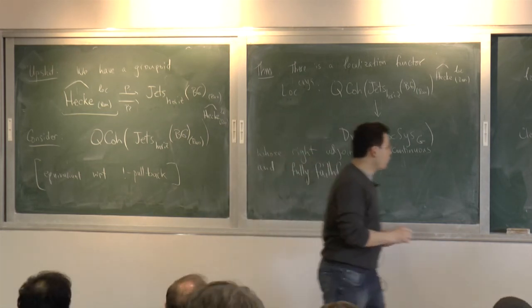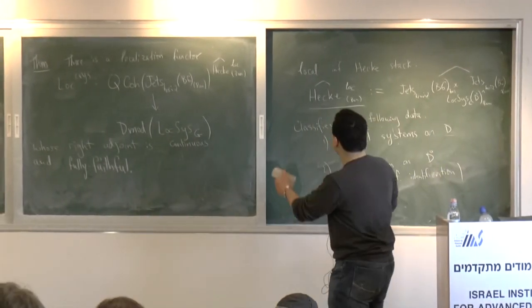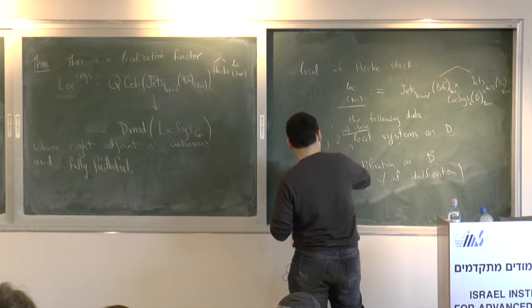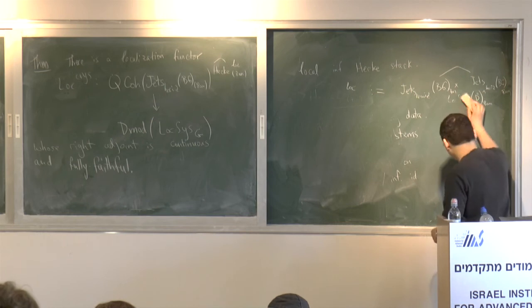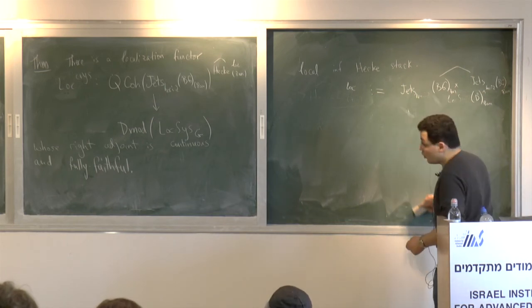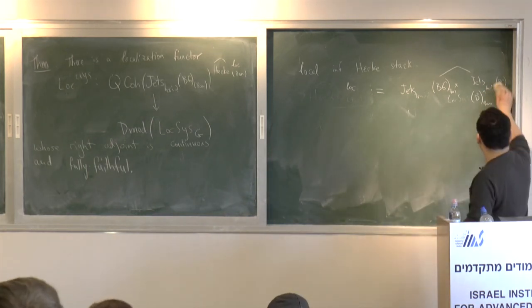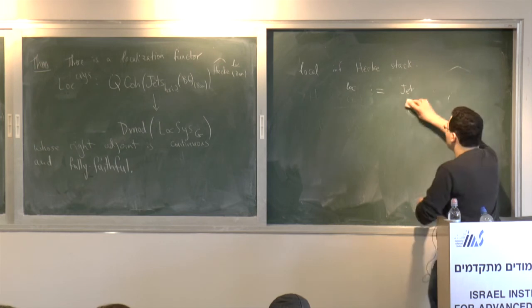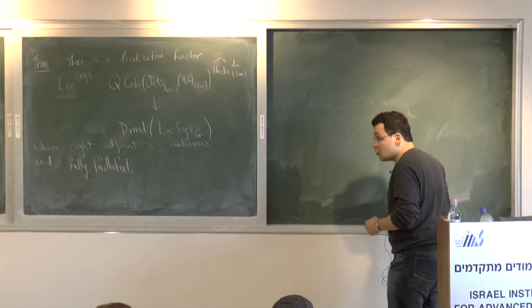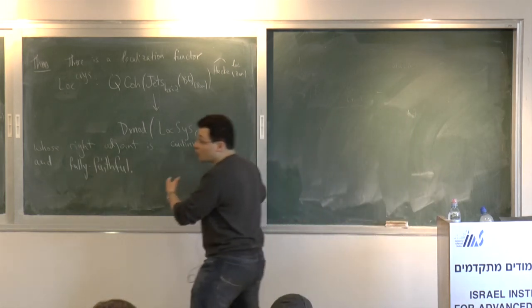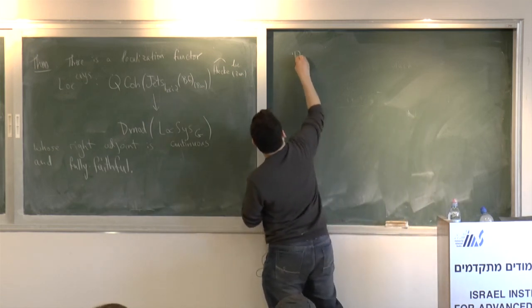So again, both statements are not completely trivial. What I will try to describe for most of the remainder of the talk is a construction of this functor. The fully faithfulness will then follow from the theorem about quasi-coherent sheaves and some other statement. But maybe before that, let me describe the relative version, which is the one needed for geometric Langlands. So there are a few modifications.